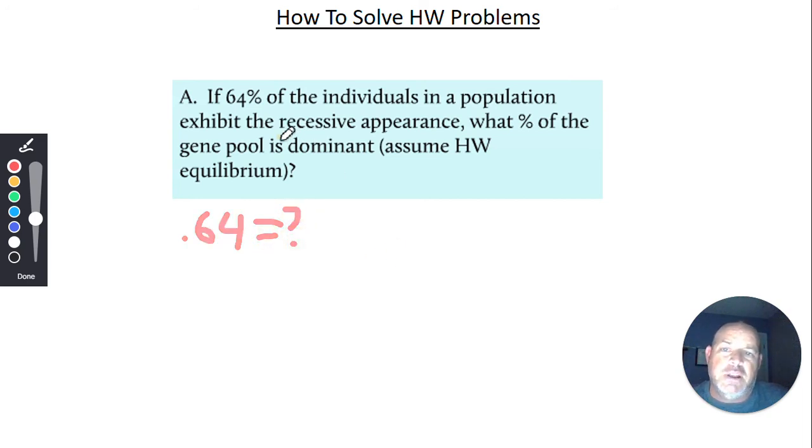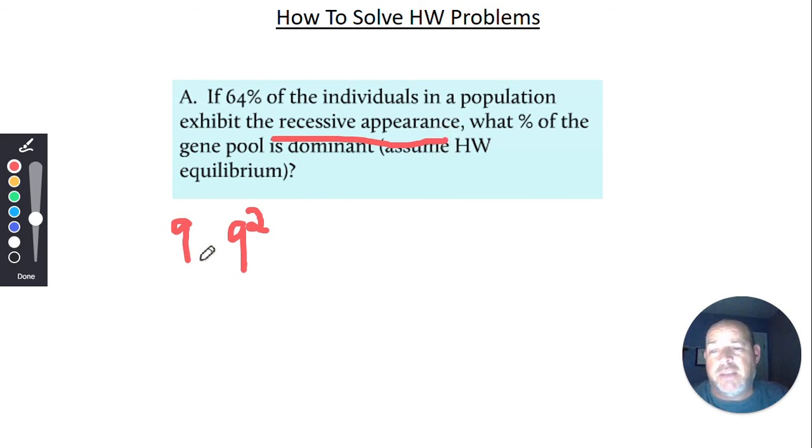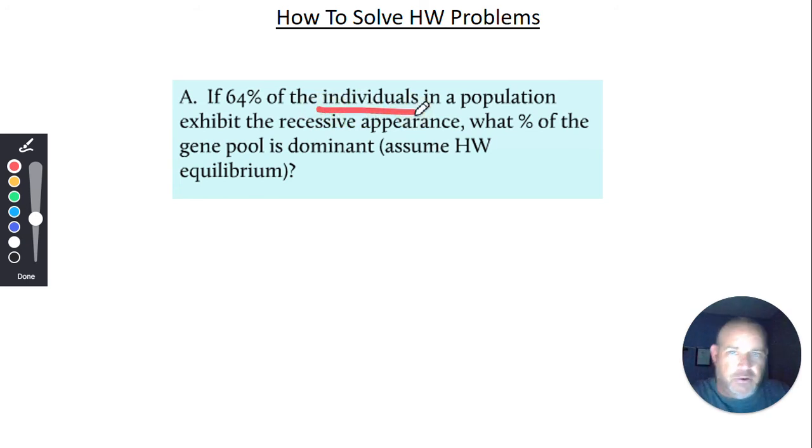Okay. So we know it's recessive, so it has to really be one of two things, right? It's either going to be q or it's going to be q squared, right? So is the recessive appearance talking about an allele? Is that talking about a single letter? Or is that talking about something like genotype or phenotype? It even says the word in here, the individual. And then one of the equations said individuals, right? If you click back, you'll see that. So 0.64 should equal